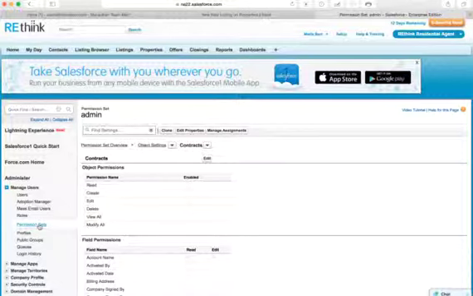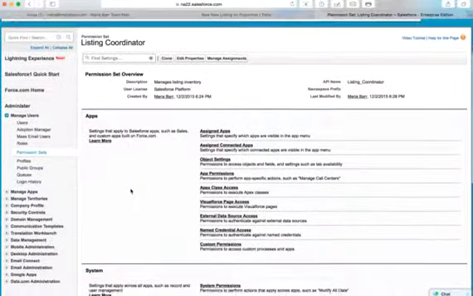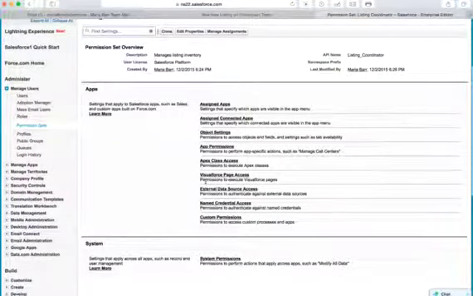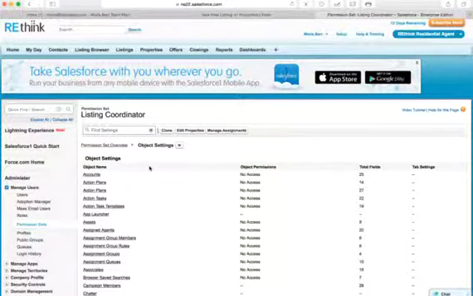And then if I go back to the other permission set, I did a separate one for listing coordinator because I wanted to add in just the listing permissions. So you can see here, listings, create, edit, view all. So you have both. You used to have one and that wasn't working, so I thought, well, I'll just